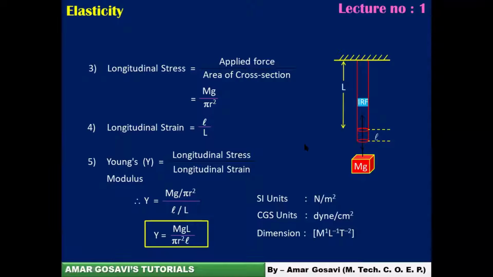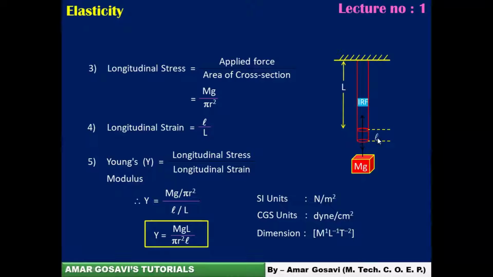So in experimentation, what you do, you take a wire of say length capital L, which directly you can measure with the meter scale. You fix one end, the other end of the wire is connected to incremental loading, say mg. Now, under the effect of this load, what's going to happen? There will be some elongation in the wire, small l.